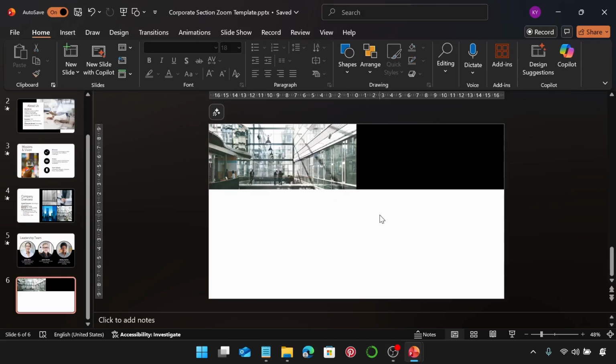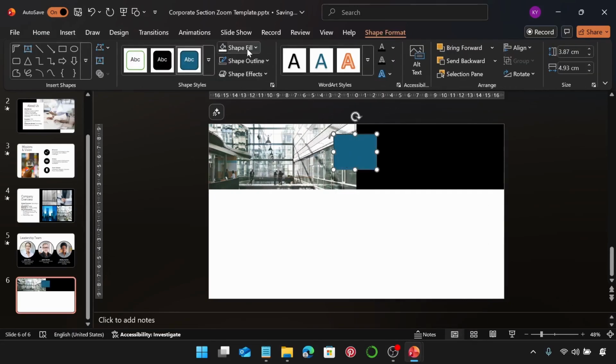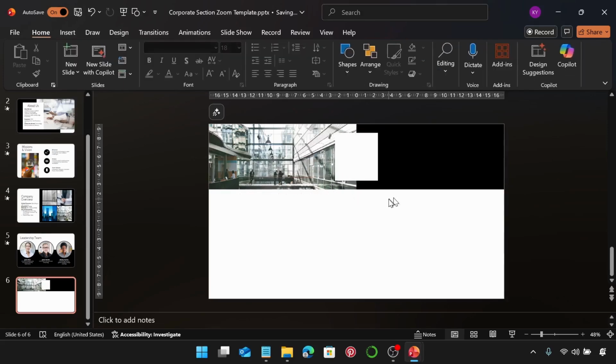Let's insert another rectangle. So go over to shapes and we're going to insert a rectangle here. Change the fill of this rectangle to white, and outline is going to be no outline. Go to shape format, under dimensions, let's change the height to 5.25 and the width is going to be 4.95, and I'm going to move it till it's centered and aligned in between these two, this image and